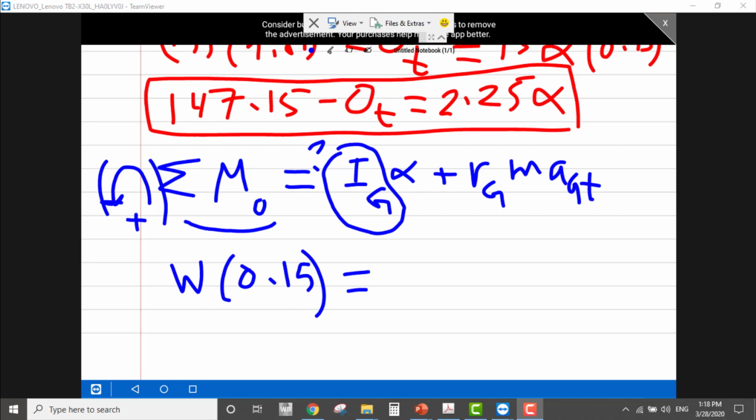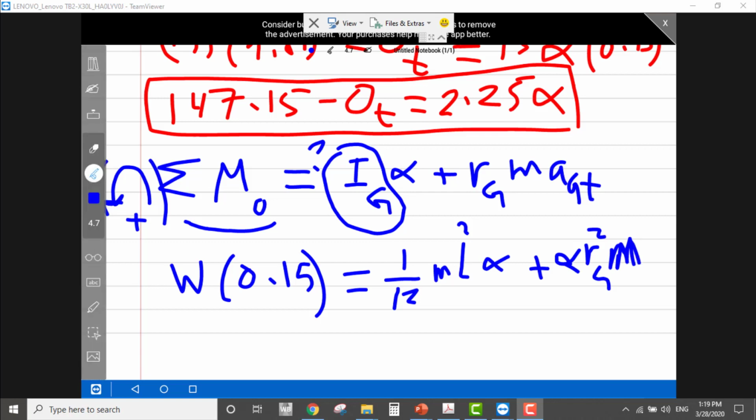Okay, so here we have cylinder rod. If you go back to those shapes, you will find out that it's equal to 1 over 12. Okay, about G. Remember, when you go there, you must select the mass moment of inertia about G, which is equal to 1 over 12 m, mass of this cylinder rod, multiplied by L squared. Multiplied by alpha plus, here tangential acceleration is alpha r, and we have already r, so alpha Rg squared multiplied by mass.